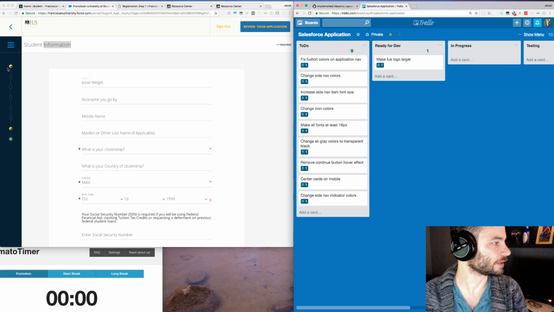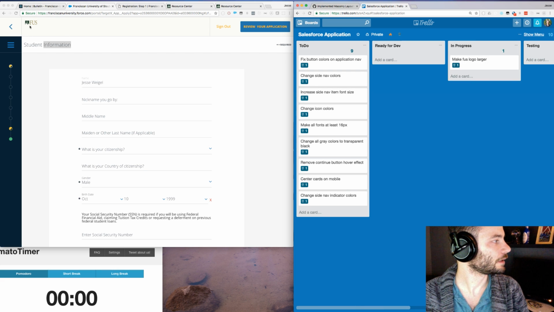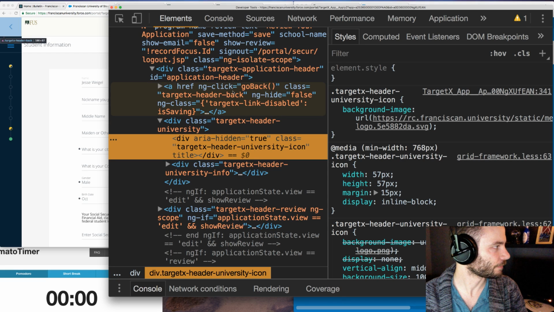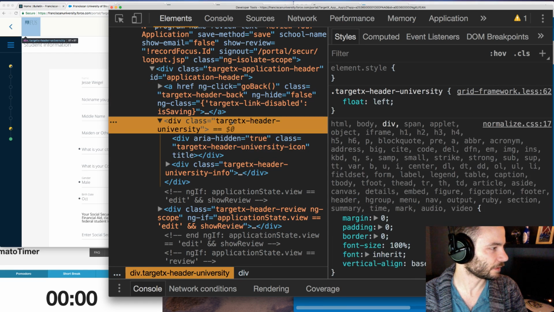We'll complete the styles on that, and then we'll finish up the few things that need done within the form itself. Okay, so let's take a look then. Oops, in progress. And let's take a look at what's going on here and why it's so small. Okay, so we have a container div,